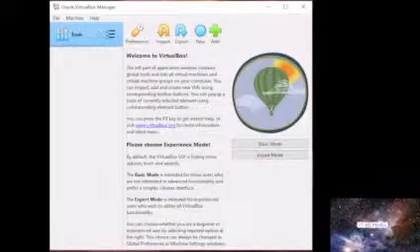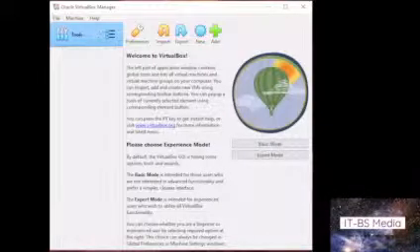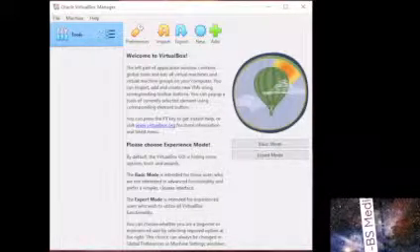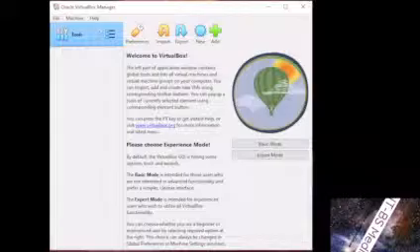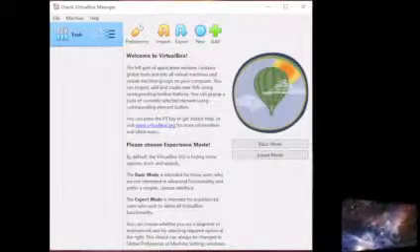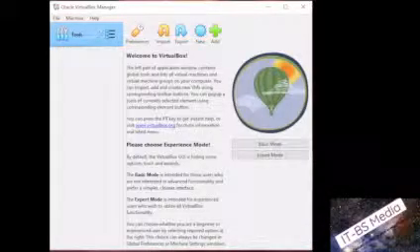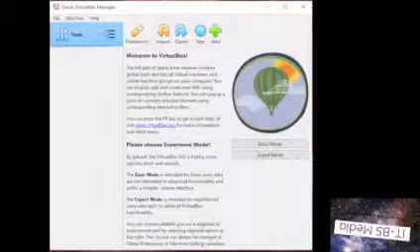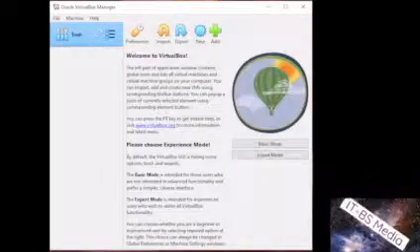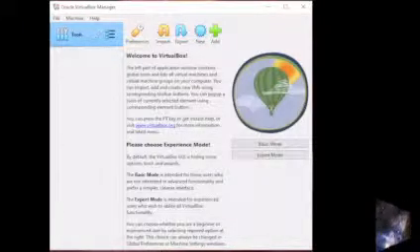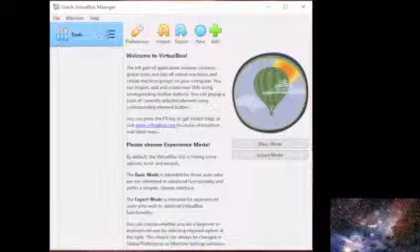And once that is done, you are ready to start creating your virtual machine. Once you click on basic or expert mode, the green plus sign here is your first tool to create a machine. And once you do that, once you accept,